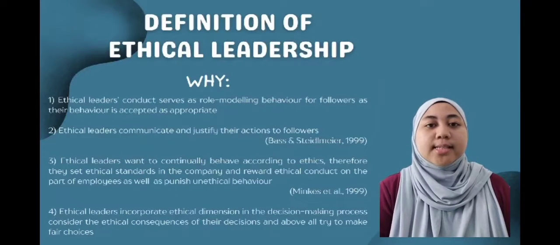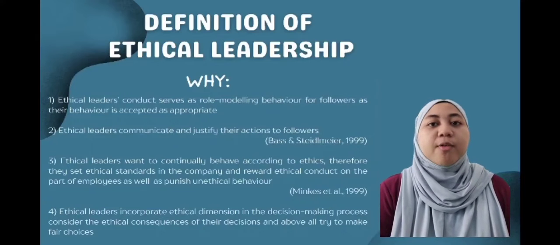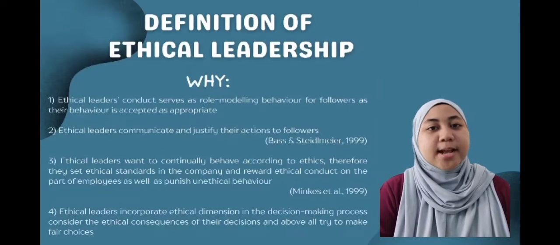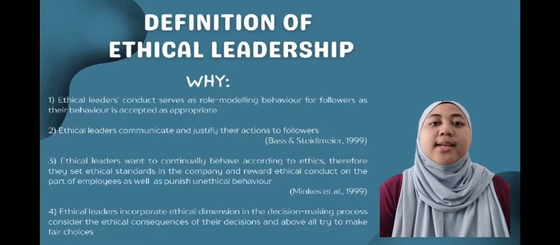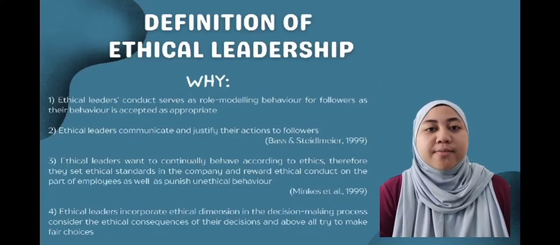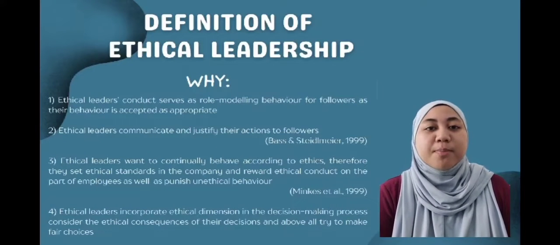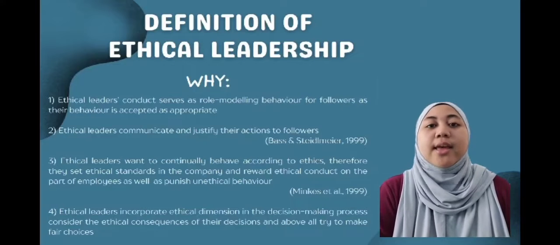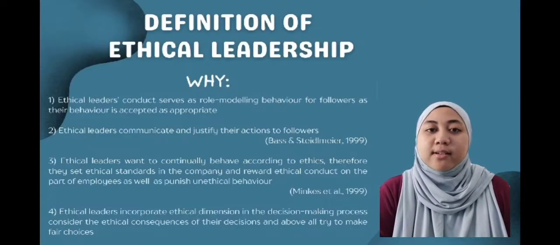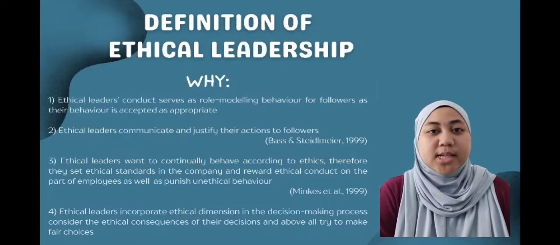Ethical leaders' conduct serves as role modeling behavior for followers, as their behavior is accepted as appropriate. Ethical leaders communicate and justify their actions to followers. Ethical leaders want to continually behave according to ethics. Therefore, they set ethical standards in the company and reward ethical conduct on the part of employees as well as